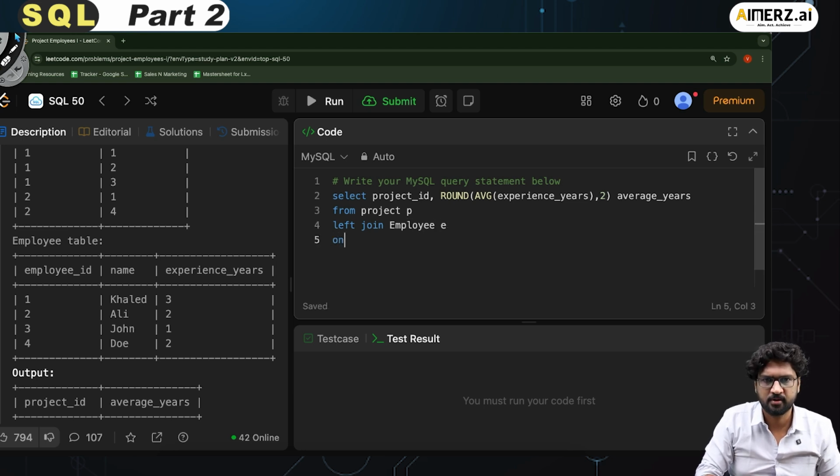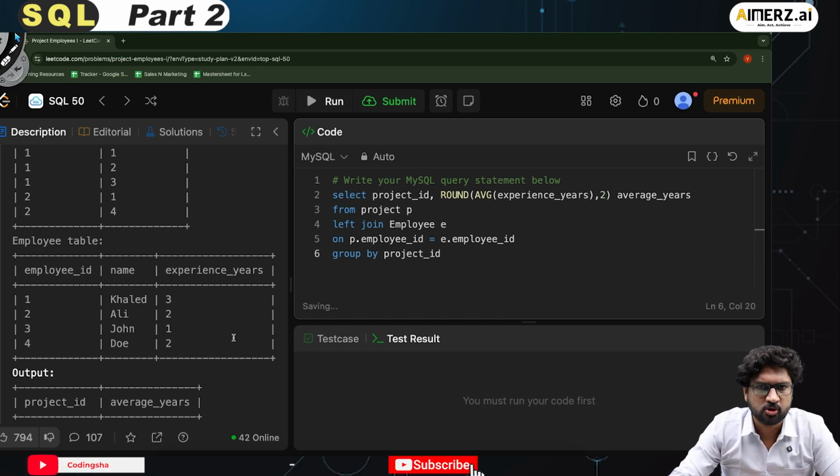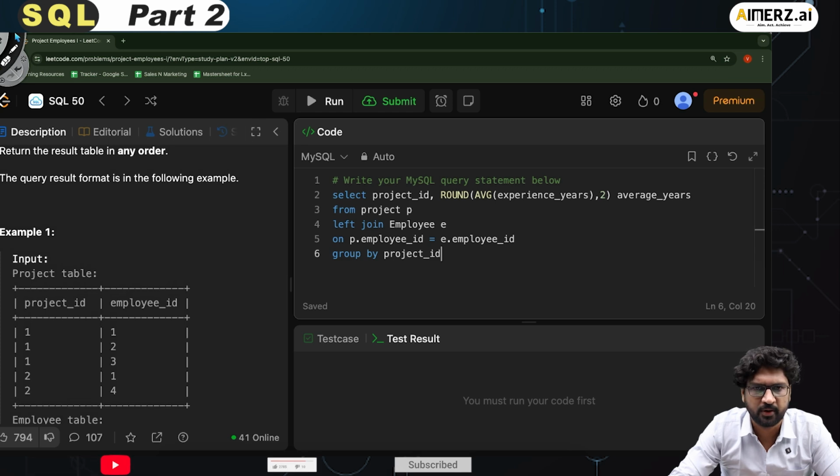E on P dot employee_ID equals E dot employee_ID, group by project_ID. So what I'm trying to do here is that I've done the left join between the employee table